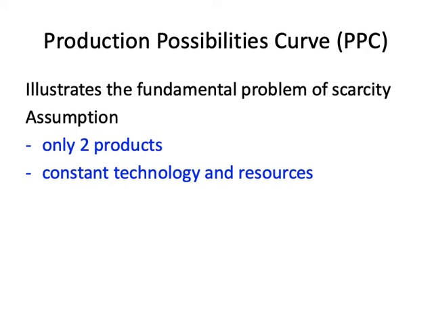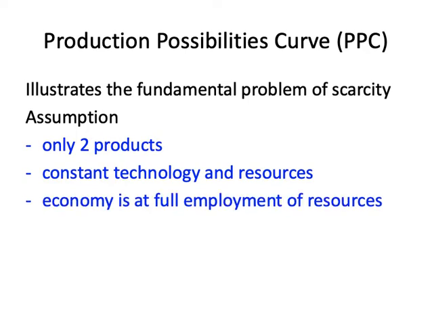So in this moment that we look at this curve, we're looking at a static moment. We're looking at what is our production possibilities curve right now with the current level of technology and the current level of resources that we have. Okay, and so if things are changing, the curve will change. So we need to look at something in a static state. Okay, three,